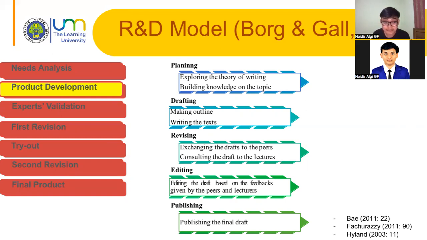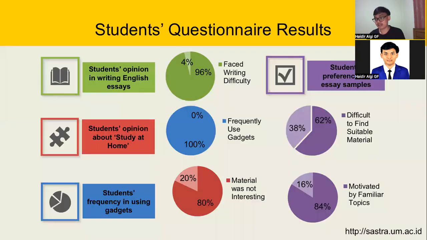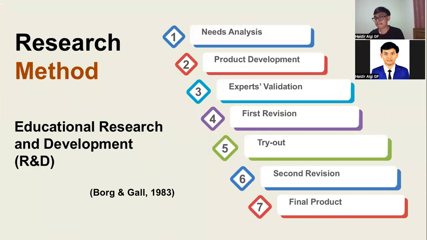I'm sorry, Haider, but I didn't ask about your writing steps, I was asking about the R&D research models. Do you get me? I'm sorry. So it's seven, okay, the seven steps, yes, on page 4. Why did you just involve 7 steps? Because I just read that the Borg and Gall model consists of 10 steps.